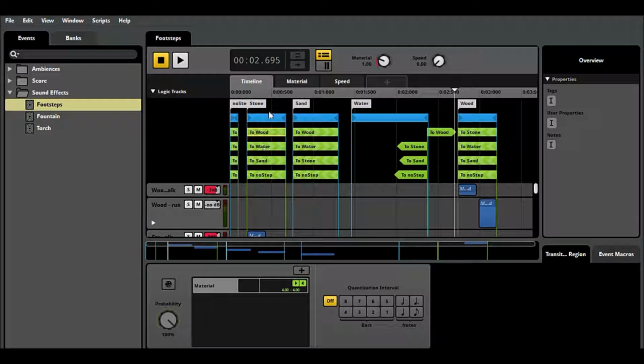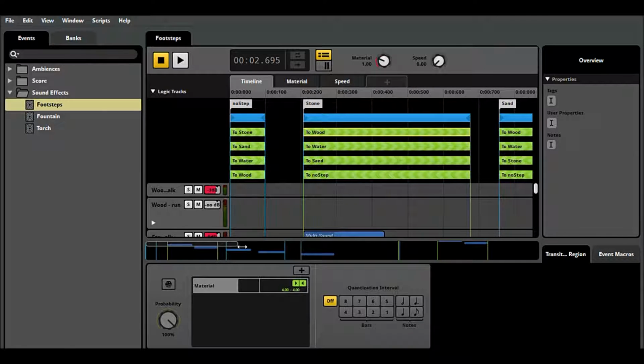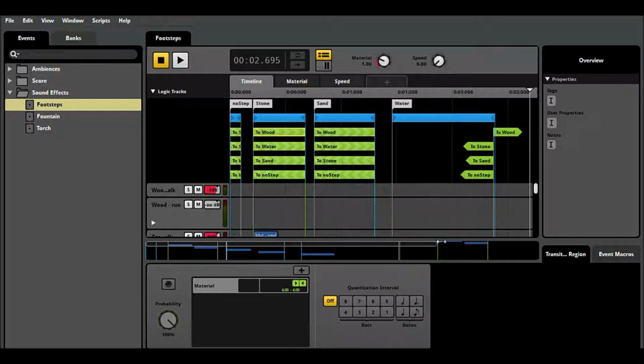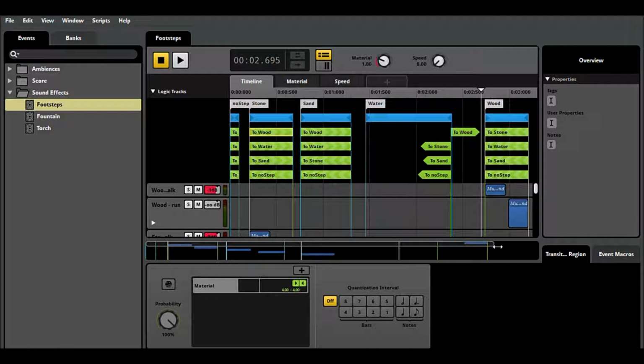Now, the way that I've implemented this, you will see I have 4 different materials, and one called No Step. Now, No Step is essentially the same thing as the silence region within the score. I didn't initially want to have this in place. I wanted to have it so there was just the 4 materials, and in the code I would just be telling the emitter to not play if the player was not in contact with a surface which would make a footstep noise. However, in my experimentation with that,